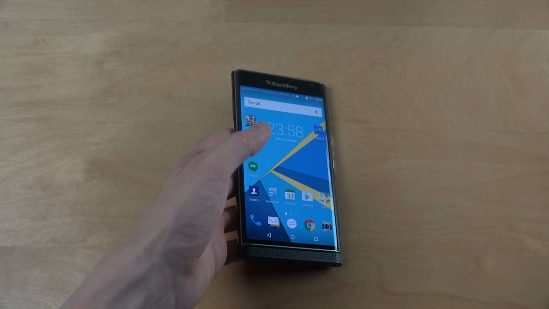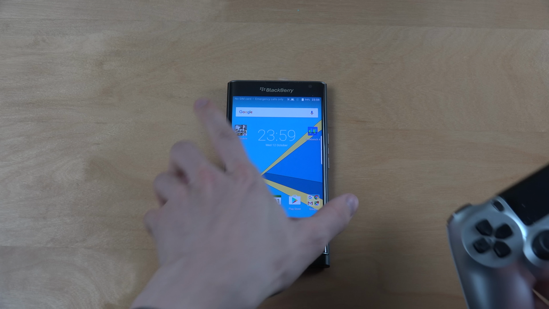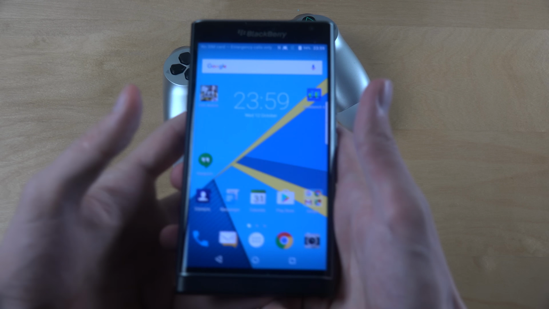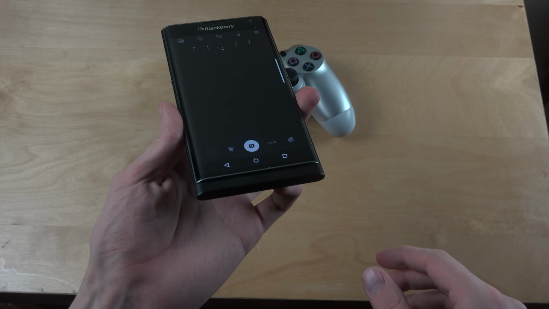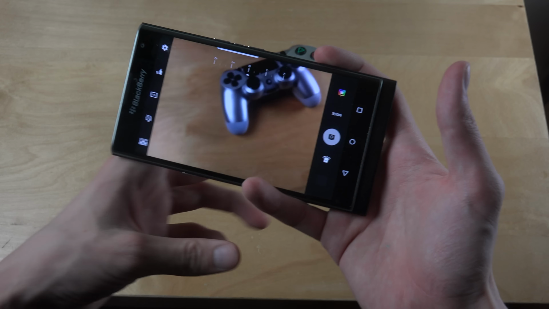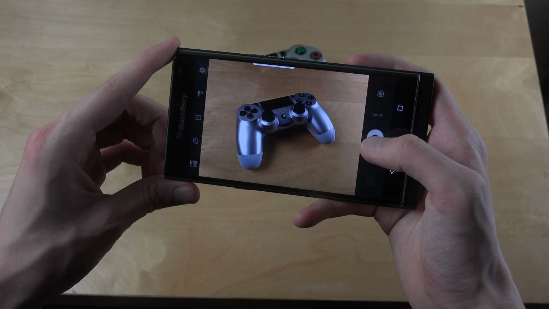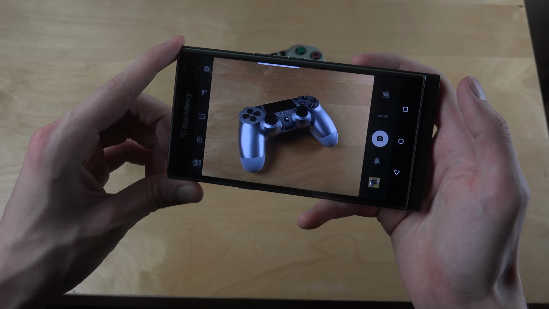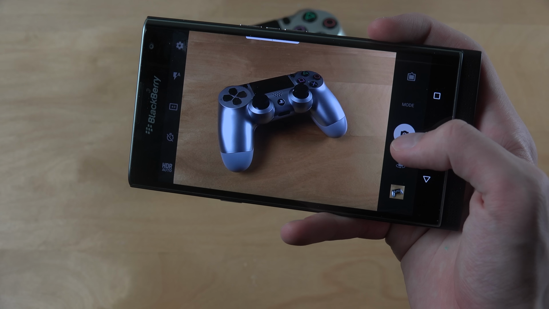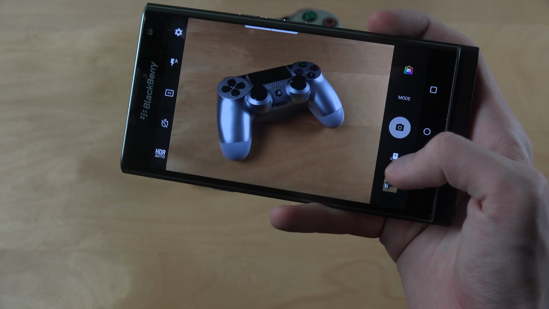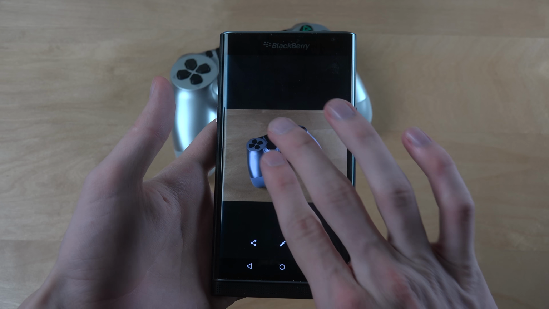Let's just look at how the camera functionality, or how the default camera app looks. So if I bring out my DualShock controller there, I bring this one out a little bit and I start up the camera app. This is actually one of the first times I do this. So the first thing I can see is it's very clear pictures here, very nice focus. I mean, actually that's extremely nice. So I'm just gonna see how this looks. So if I tap on this photo here,